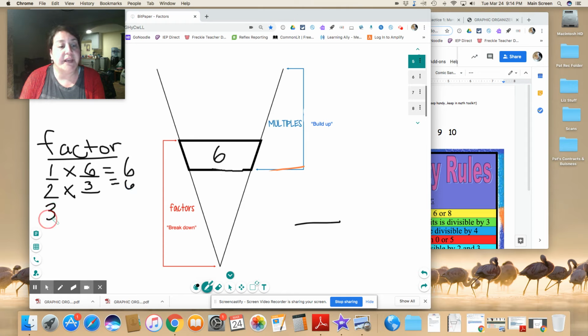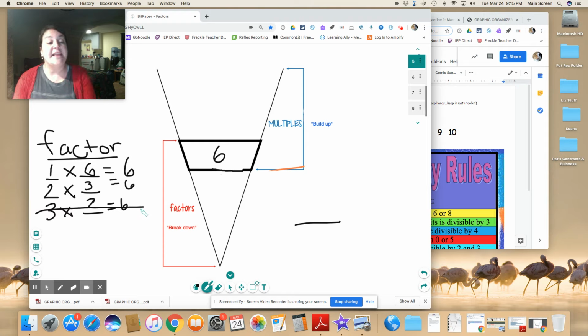Now let's do 3. 3 times what equals 6? We just did that. 3 times 2 equals 6, right? But that's a turnaround fact. And we don't want to repeat any turnaround facts. So get that out of there. But the good thing about finding a turnaround fact is that it usually means you're done finding all the factors to that number. Okay? So the factors for number 6